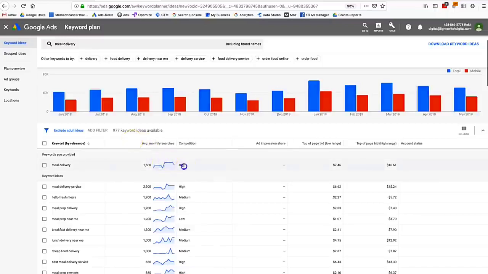And notice here, I get a column for competition. So I'm able to see whether that's a very competitive keyword or not. And then just to give you an extra edge when you're choosing keywords, you can get a sense of what the keyword may cost if you wanted to bid on that for paid search. So for meal delivery, I can see it's anywhere between $7.46 and at the top of the page, high range, $16.61. So that should alert me to the fact that, hey, if I'm going to try and optimize for this